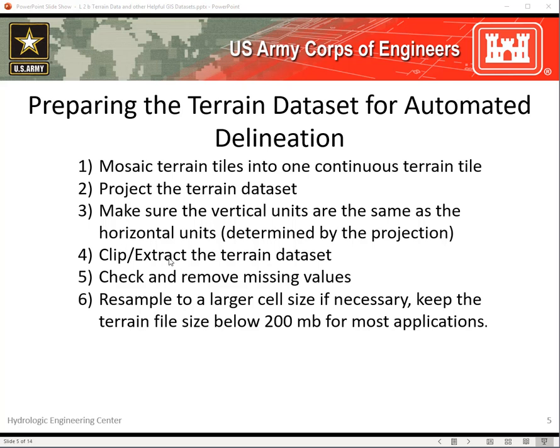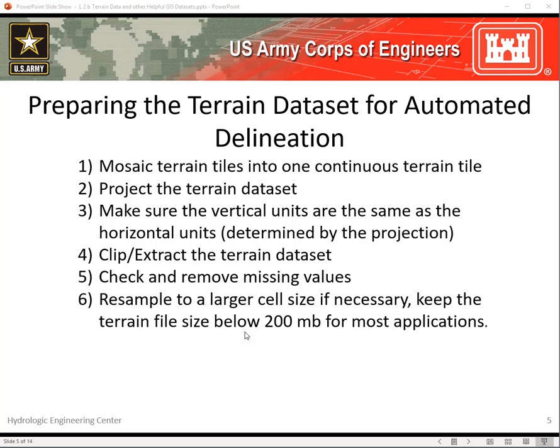The fourth step is really about saving file size and decreasing the processing time. You want to extract the terrain data so that it's just enough to cover the watershed, but not much more than that. And I'll show you a tool that's available for extracting the right amount of terrain data. And then you need to check the terrain data set to make sure there are no missing or null values within that terrain data set. And then finally, this is my suggestion, keep the file size below 200 megabytes for most